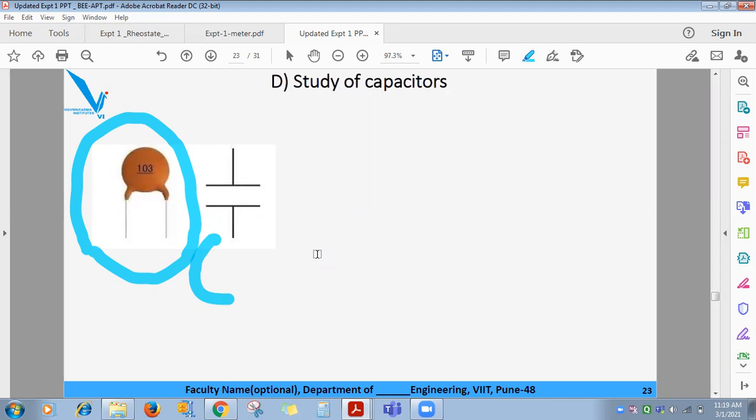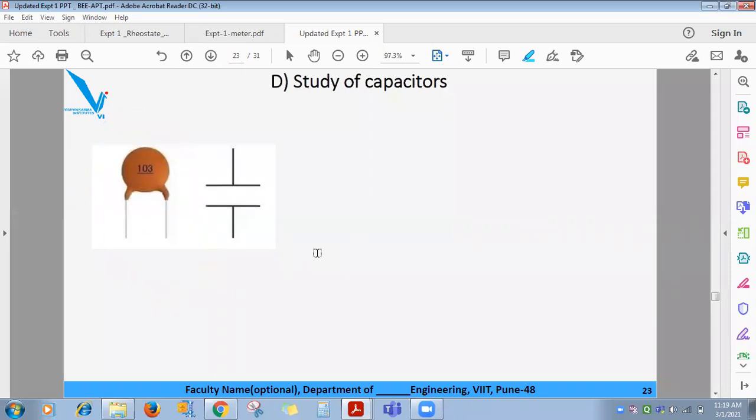Even if you switch off the supply, there is a possibility that the capacitor is holding a charge. In that case, if you touch its terminals, you will get a shock. So be careful while touching the leads of a capacitor. Even if you want to use that capacitor, you can work across its two terminals with rubber gloves and insulated wires.